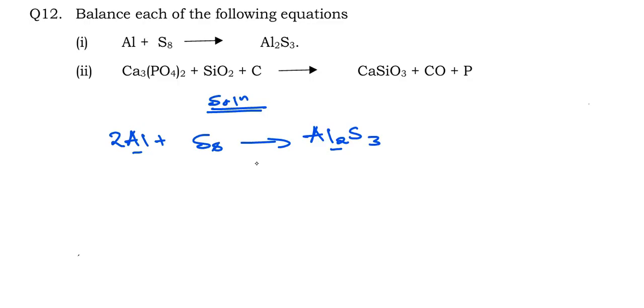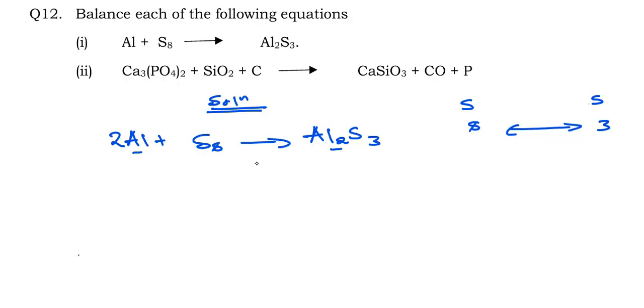What about the atoms of sulfur? To the left we have 8, and to the product side, which is the right hand side, we have 3. We're actually talking about sulfur here. Alright, so what we are going to do now, we are going to look at 8 and 3. 8 and 3 are co-prime numbers. That means we don't have any number which can go into 8 and 3 apart from 1